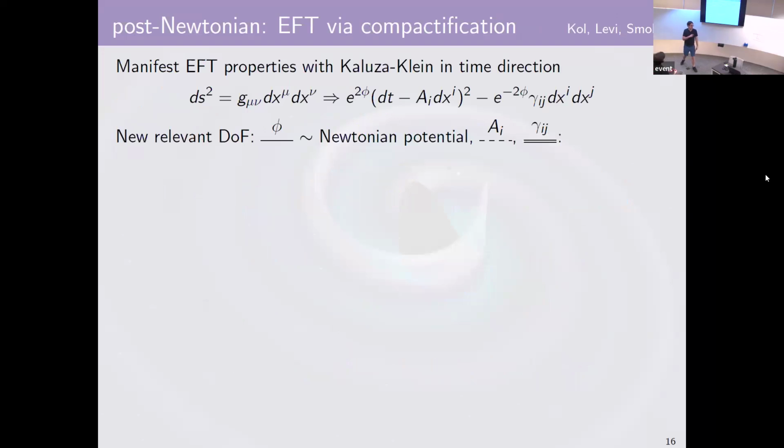Okay, so there's actually a very nice diagrammatic way of getting it through Kaluza-Klein compactification. So you take your time direction and you make your time direction special. That switches our degrees of freedom from just the metric to a Newtonian potential, a vectorial potential, and then a 3D tensorial field. These things are all instantaneous. And so they have these E squared over k squared propagator corrections that are each kicking in at higher and higher orders in the post-Newtonian expansion.